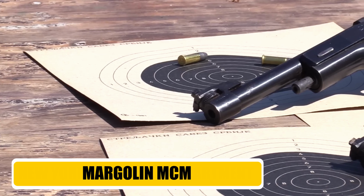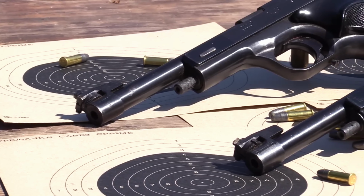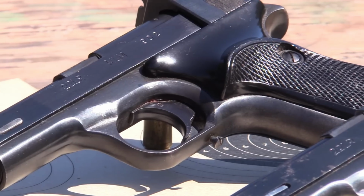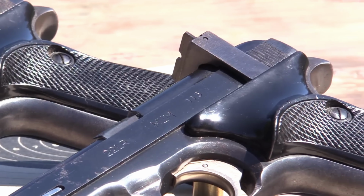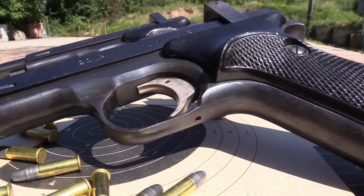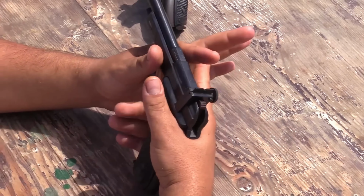Let's start with the Margolin MCM. This pistol has roots in the post-Civil War era of Soviet Russia, thanks to Mikhail Margolin, a designer who, despite being completely blind from combat injuries, refused to walk away from firearms development. With backing from engineers who saw his raw talent, he joined the Tula arms plant and introduced the MCM in